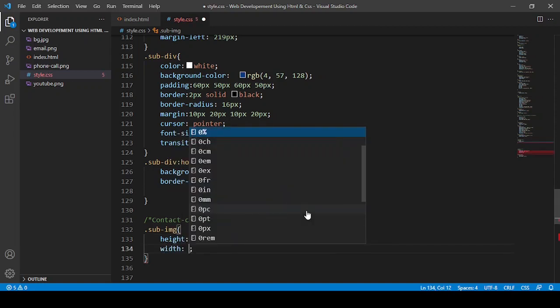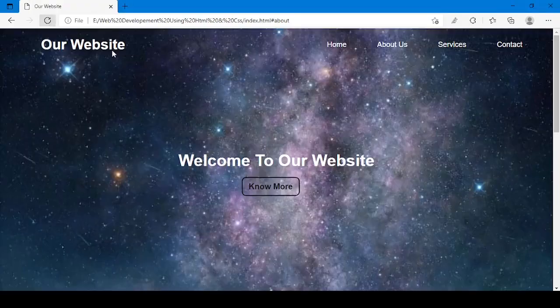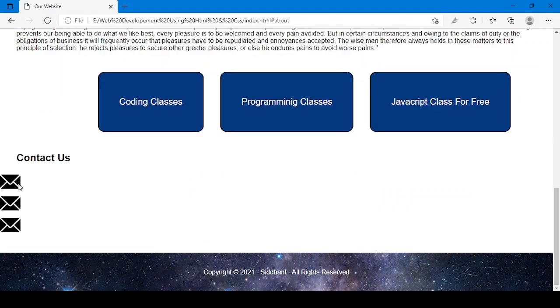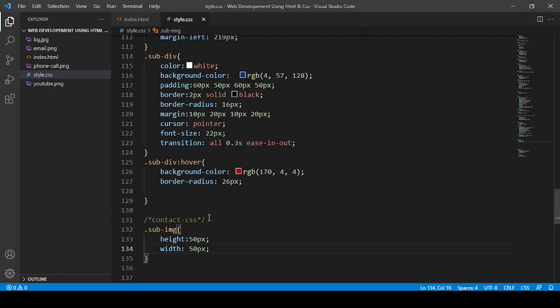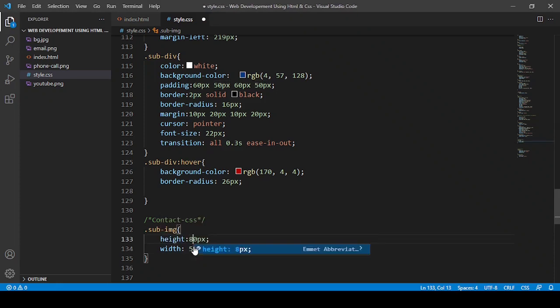Width also I'm going to say 50 px. And now see, they are in proper shape. Let me give something like 80 px.